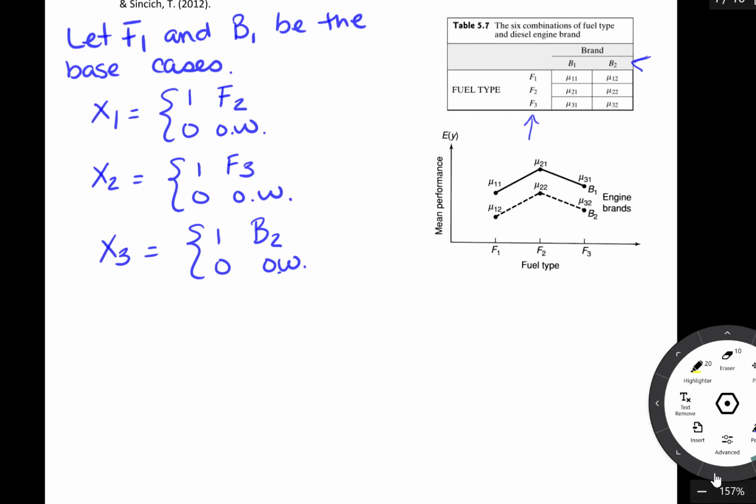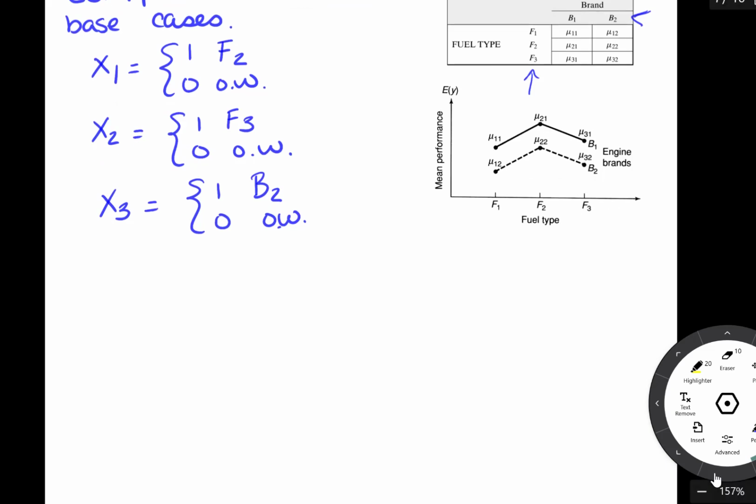All right, and so notice here we have a picture of what this could potentially look like. Notice we are representing these with 2 different parallel lines. And again, the reason that we've got those 2 different parallel lines is because we are assuming that there is no interaction between these 2 categorical variables. So we could write out a model to predict diesel engine performance. Since we're assuming no interaction, here we would say the expected value of y is equal to the intercept, plus beta 1 x1, plus beta 2 x2,